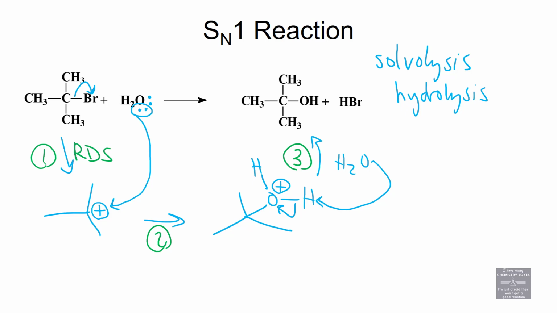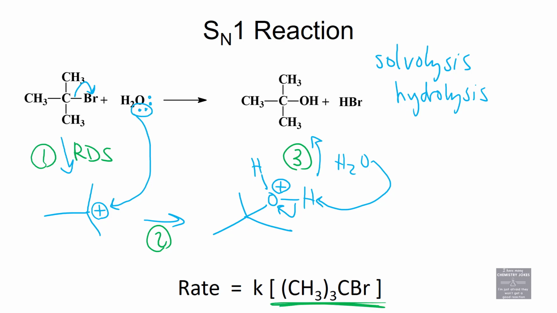So this first one is my rate determining step. So that means my rate law would involve the reactant of my first step and only the reactant of my first step. So this is the specific rate law for this reaction, but the rate law for an SN1 in general is dependent on the substrate and the substrate only. The nucleophile, the base, the solvent, all that stuff is